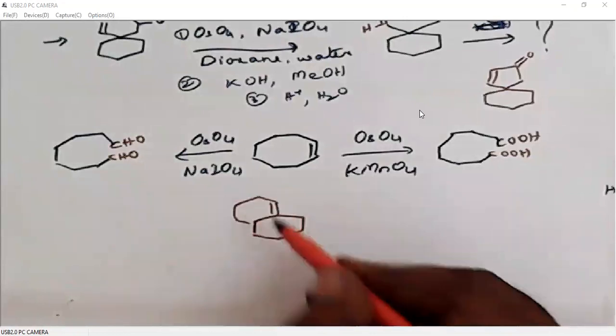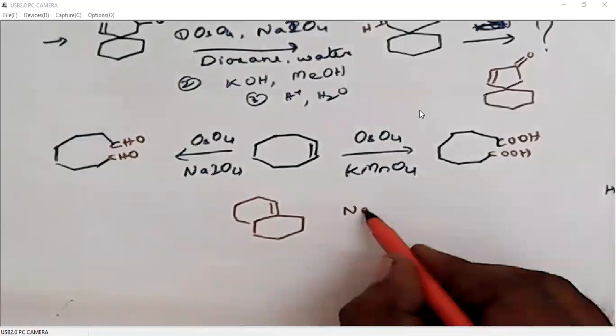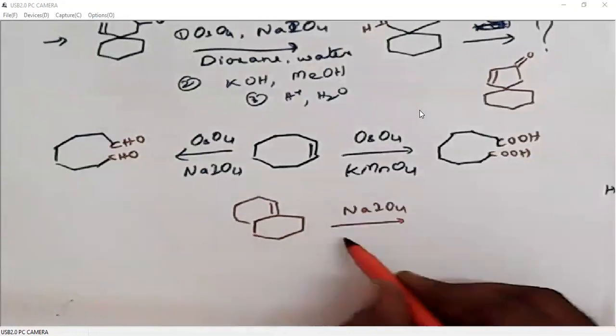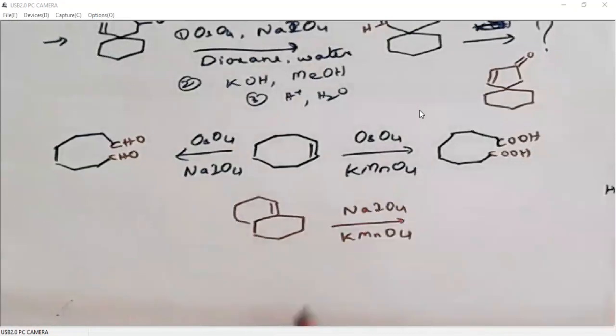When we have this compound and want to treat it with NaIO4 and KMnO4, here KMnO4 will first undergo 1,2-diol formation, dihydroxylation. Then sodium